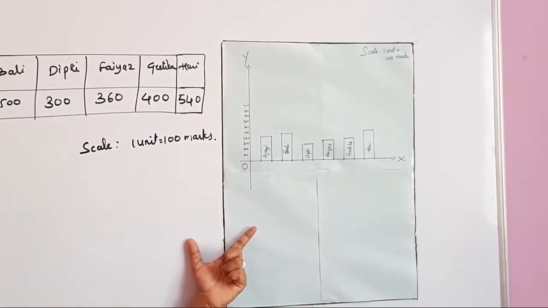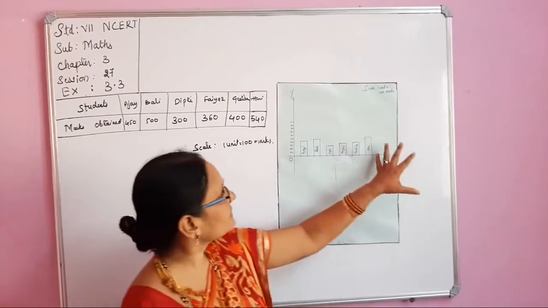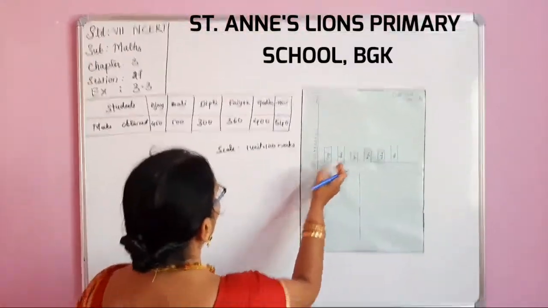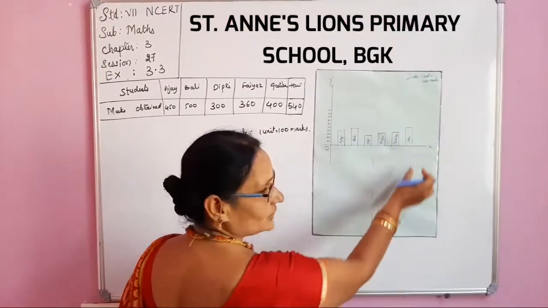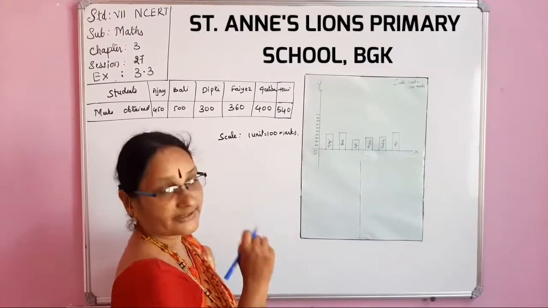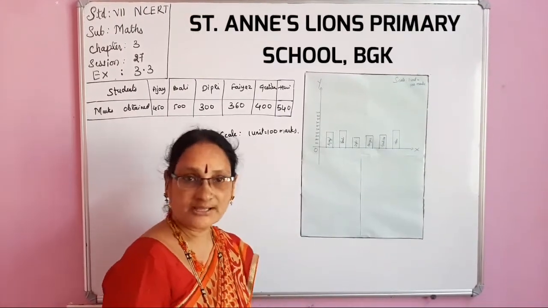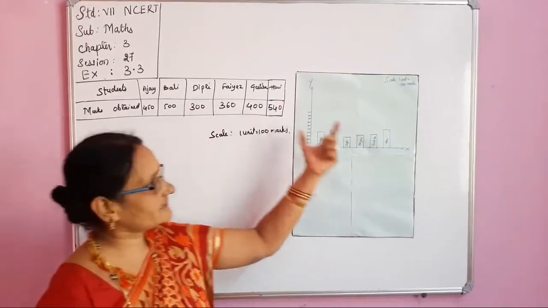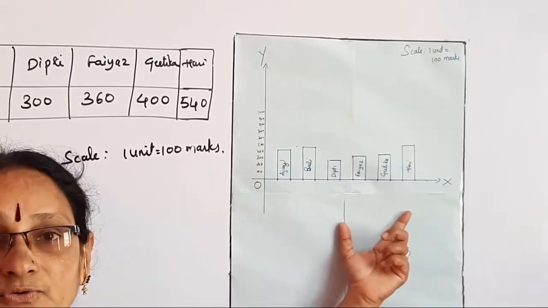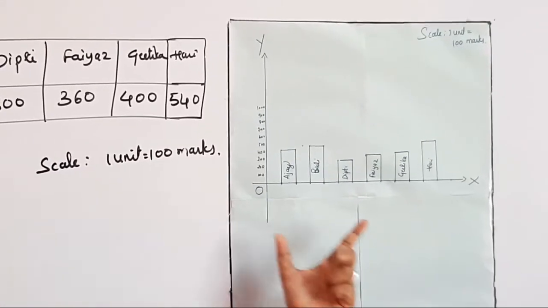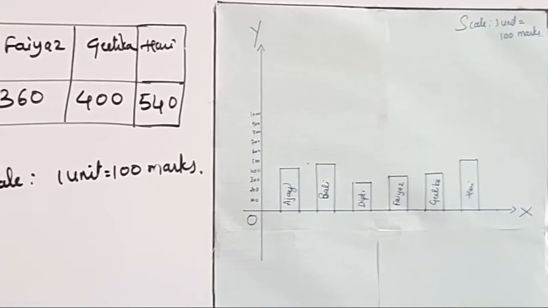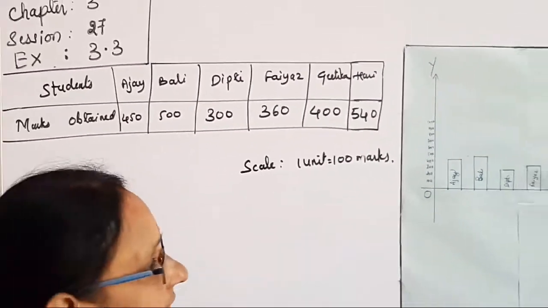Now see, this is a bar graph. Just by seeing this also you can understand who scored more, who scored less. See, whichever bar is tall, that is the highest score. Whichever is smaller, that is the lowest score. So like this data can be represented on the bar graph. This is the method of doing the bar graph. One I have shown. Same, if it is double, it is also like this only.